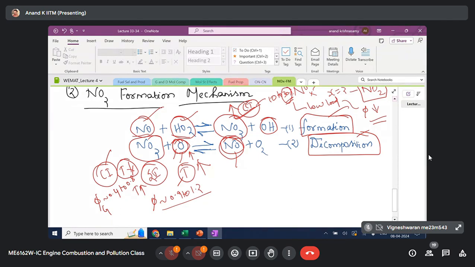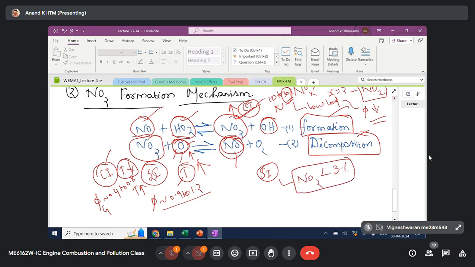So you can expect that the NO2 concentration is very high, up to 30%, in a diesel engine at low load condition. At high load, since you are increasing Phi, the temperature will be relatively high compared to low load condition. So the O radical availability is increased. As the load increases, the NO2 drops in a diesel engine, but at low load it is going to be high. Whereas in an SI engine, as we have discussed, the NO2 concentration is always less than 3%.